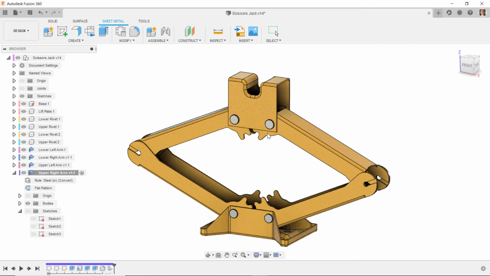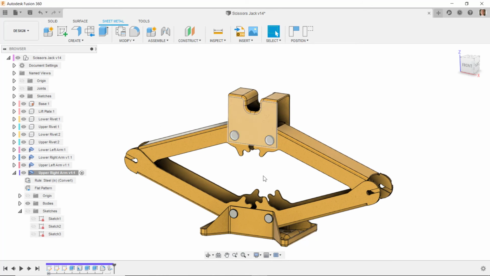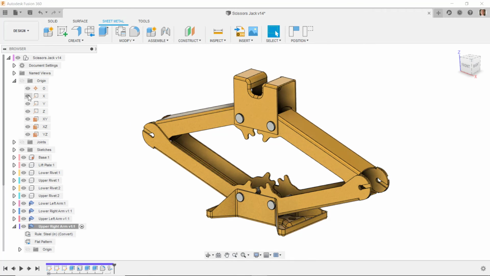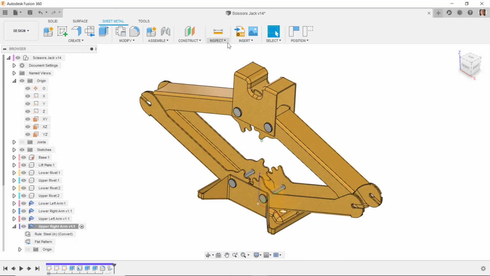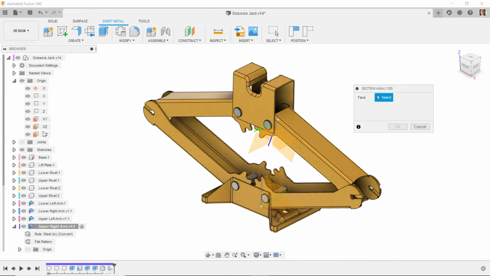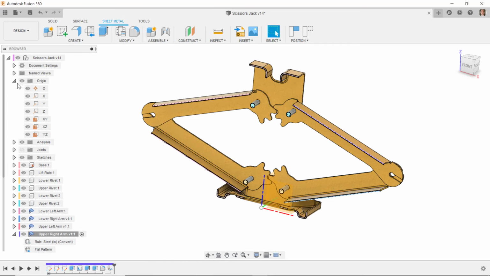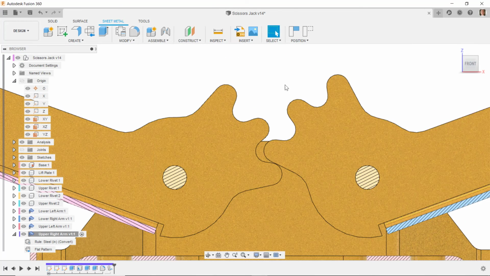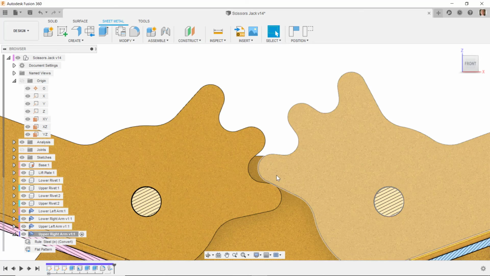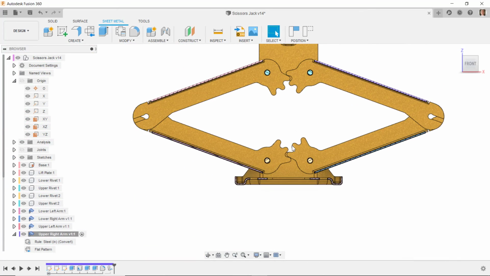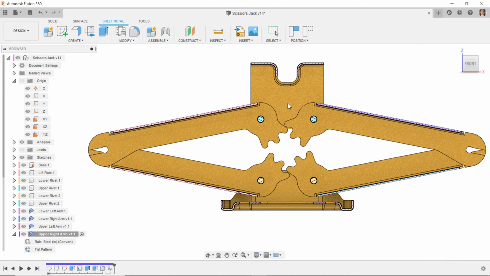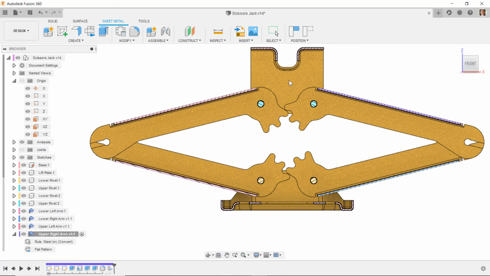Next we need to put the hardware that goes in between here. And by the way, if we look at these teeth now, let's go ahead into a section view. So I'll go to the XZ plane, and I'll do a half section on the XZ plane. I'll turn off that plane now. And so if we examine these teeth, if I've done my job correctly, there shouldn't be interference between these teeth. And so we'll move this up and down, and so we see that it comes down, and then I'll move it up,